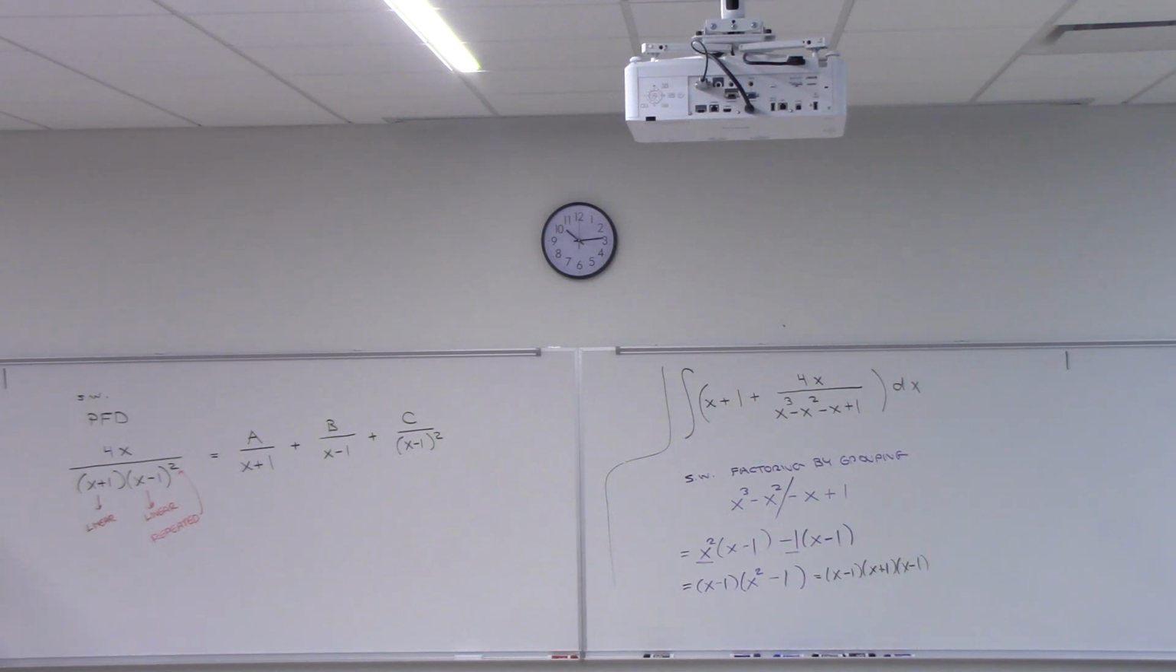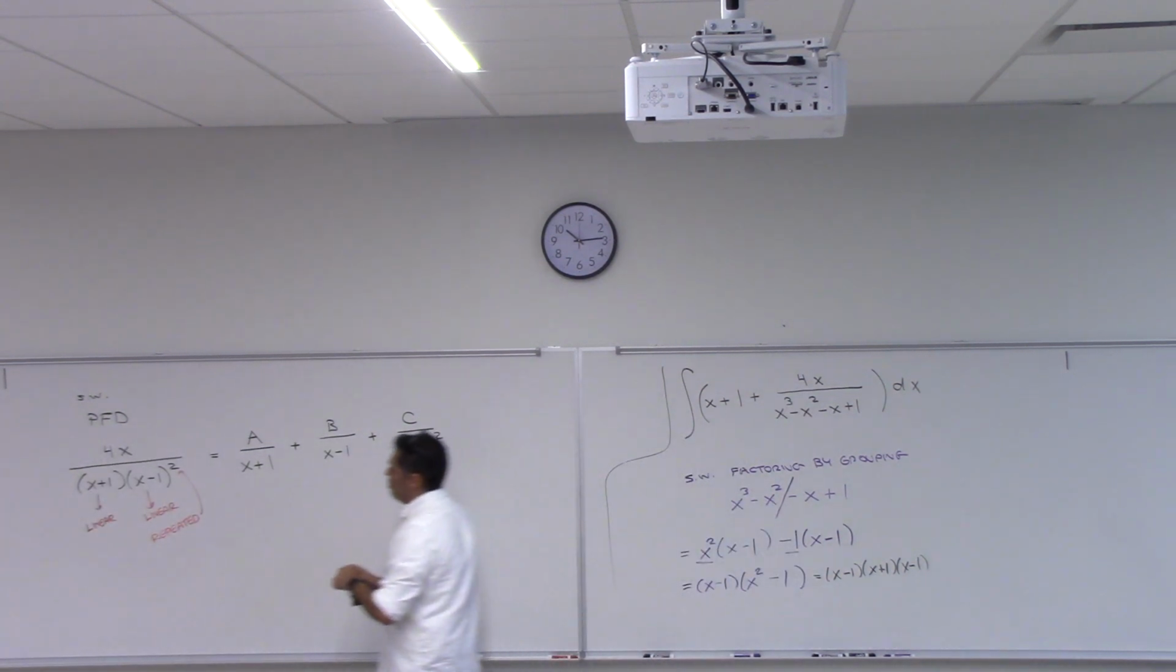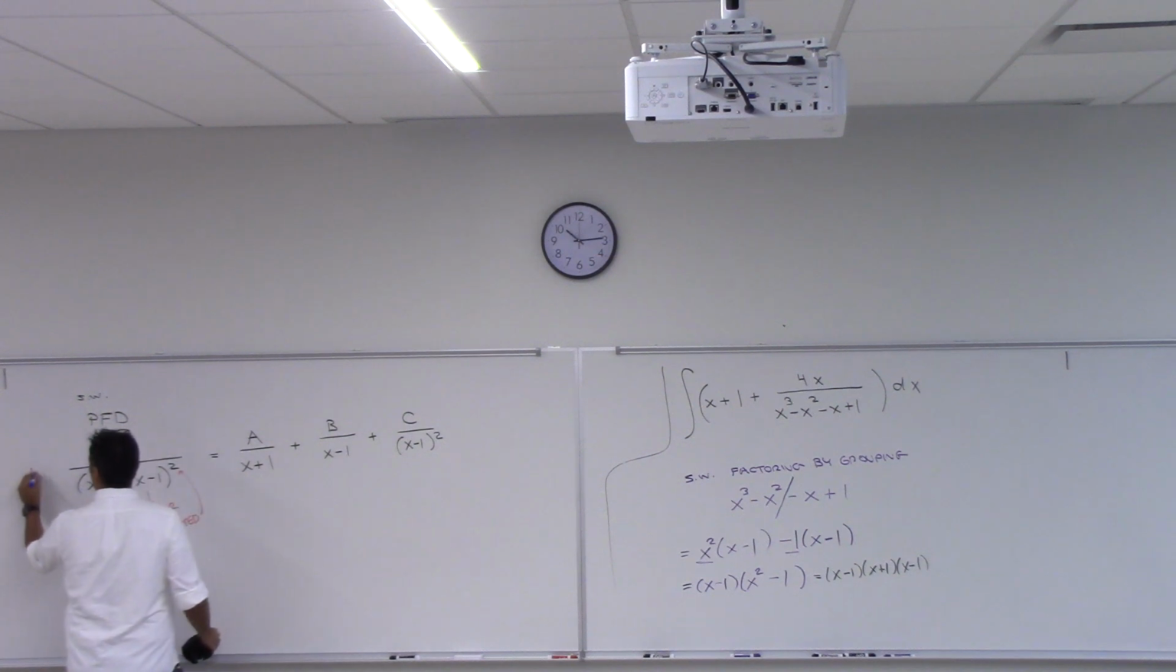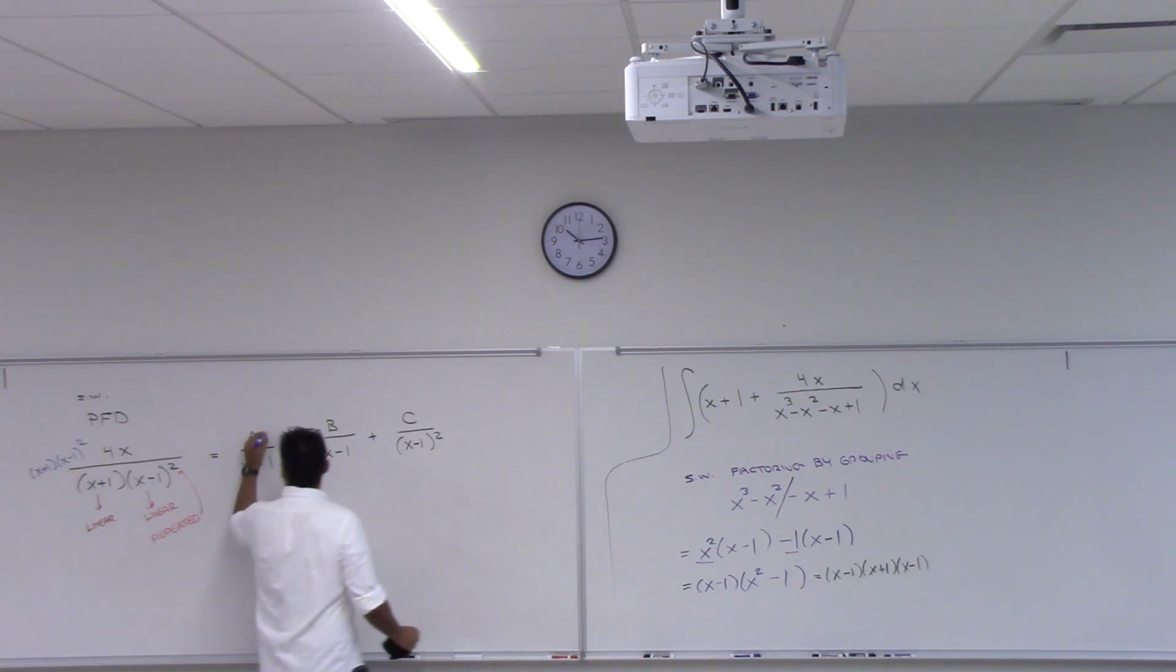So that's linear over repeated linear. No, we don't care about the numerator. All we care about are the factors. When we're at this step, we're ignoring it completely. All right, so now we're going to do the same thing we did before. We're going to clear the fractions. We're going to multiply both sides by this. Okay, let's do it. So I'm going to multiply this side by x plus 1 times x minus 1 squared. And then I have to do that here. X plus 1